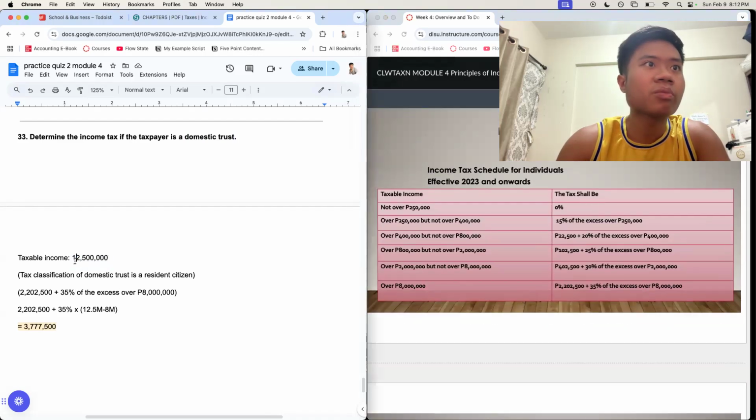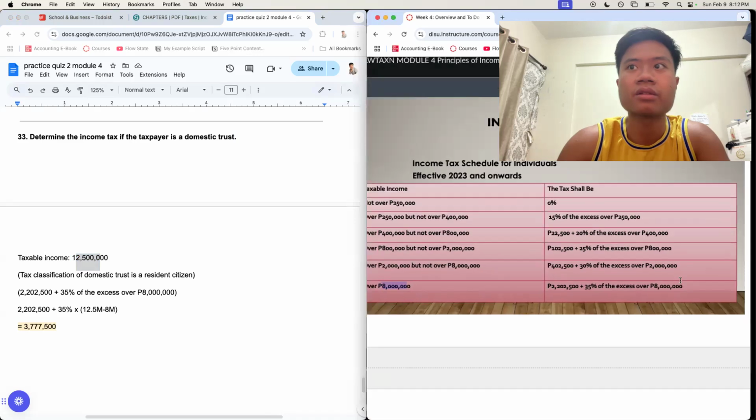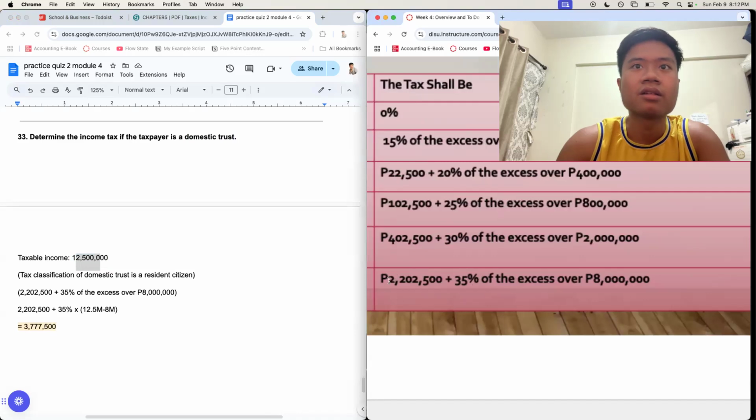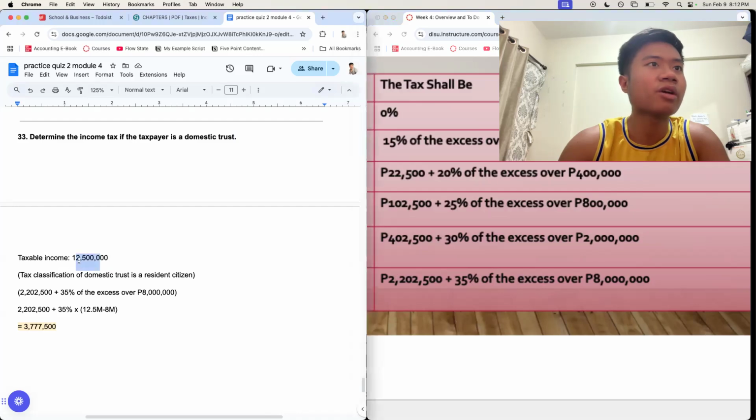Now we see, where does 12.5 million go? It's here. It's over 8 million pesos. So to get the income tax, we just get 2,202,500 plus 35% of the excess over 8 million. So what is the excess over 8 million? It's 12.5 million minus 8 million, which is, you do the math. Then you times 35%, then you plus